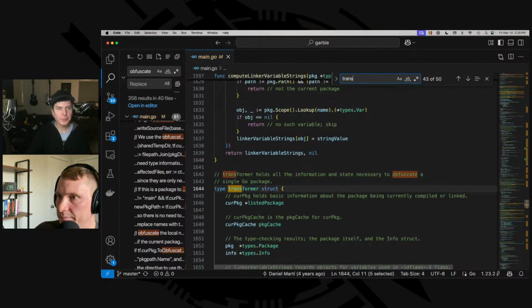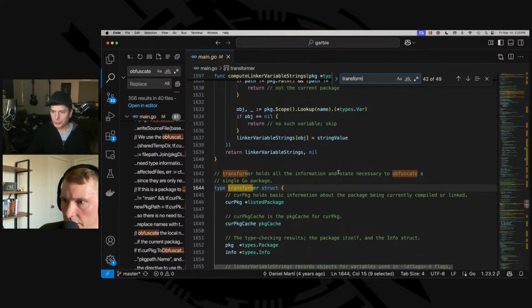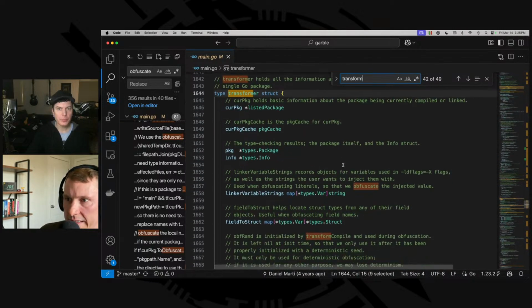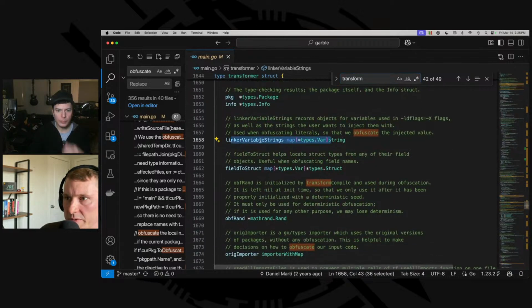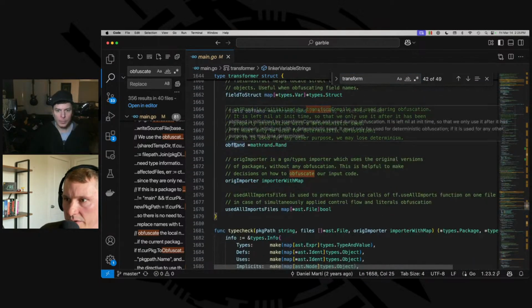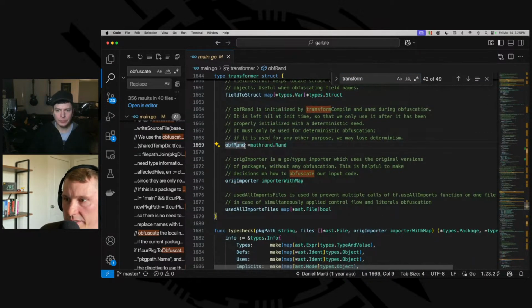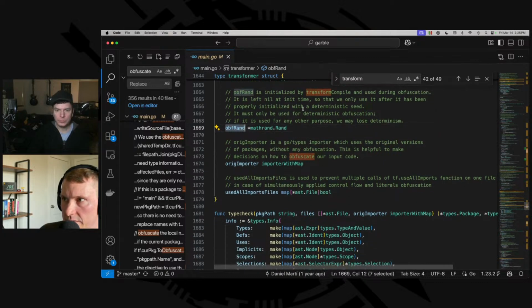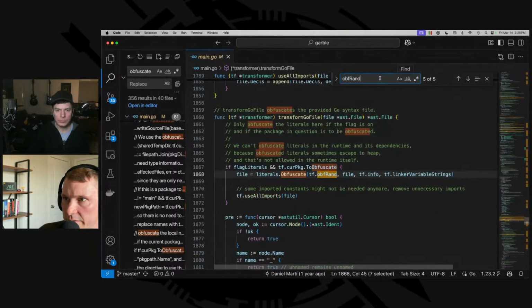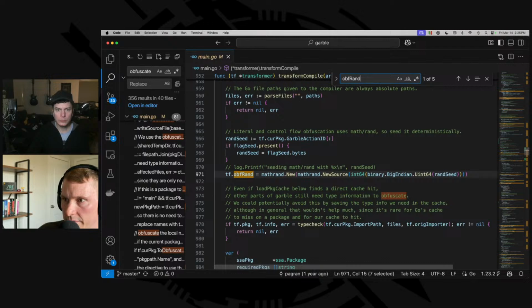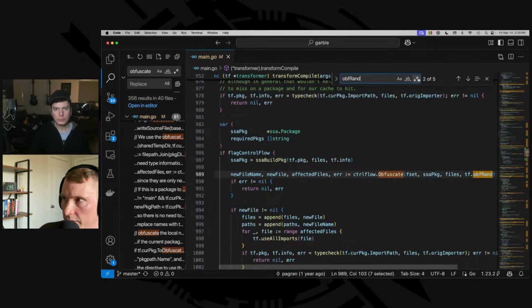Let's try transform. Okay, so this will basically get all of the linker variable strings. It will generate an off-rand object. This is used by the obfuscator transform. And then it will